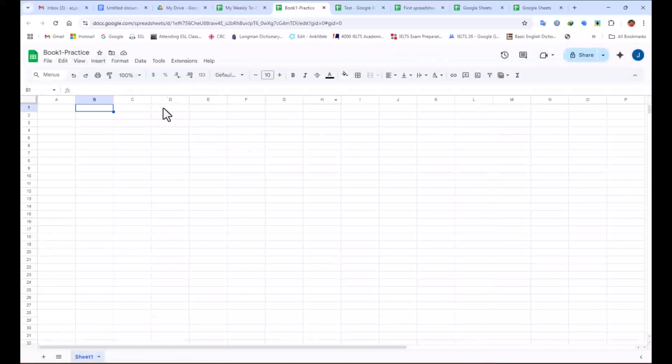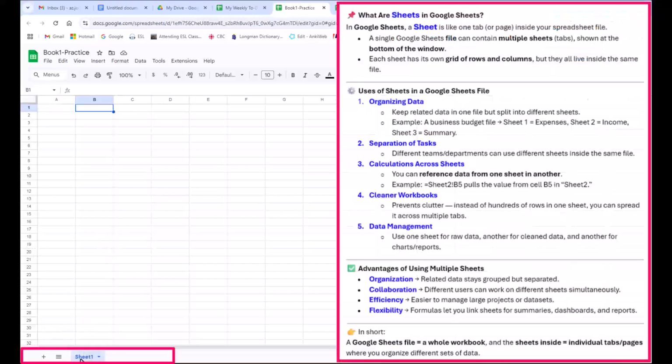And this is the area where you are going to start typing. As you see, if you look down, it is called Sheet 1. So the name of the book is Book, usually we call it Book 1 or Spreadsheet 1, but it can have different sheets. For example, this is Sheet 1. Here I want to add numbers, so I write numbers. And I want to add some text data, so I add text, number 2, as you see. And here, for example, some other information, a picture, something like this.